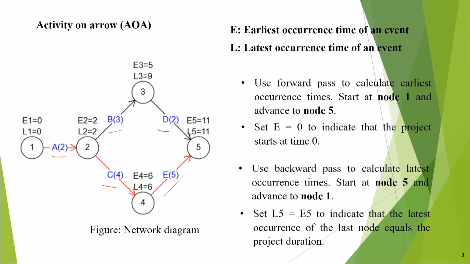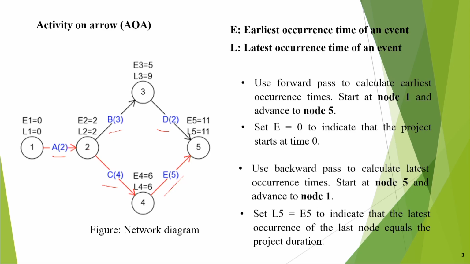So, I have made this type of diagram. You can say that activity A is called 1-2, activity B is basically 2-3, activity E is basically 4-5, and the durations have been shown in brackets, like A(2). So, here this diagram is telling me what? This diagram is telling me that